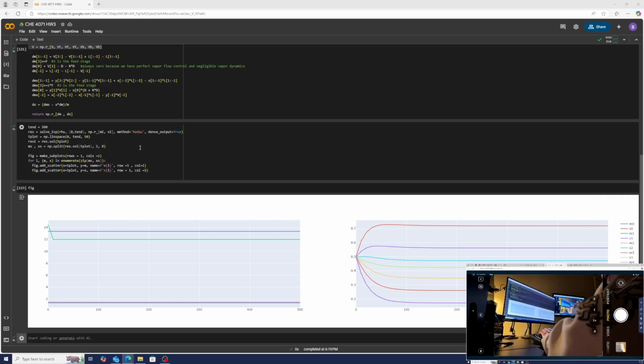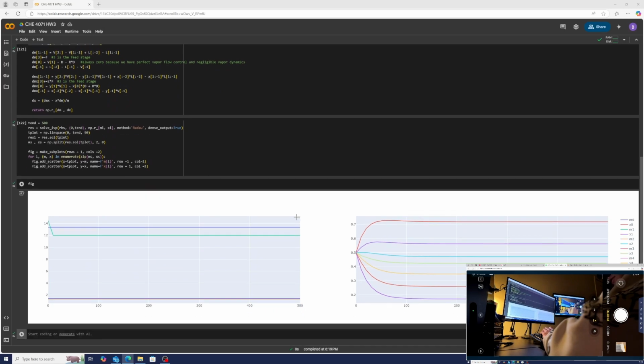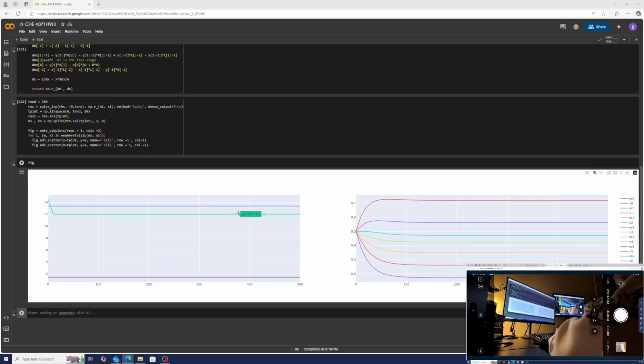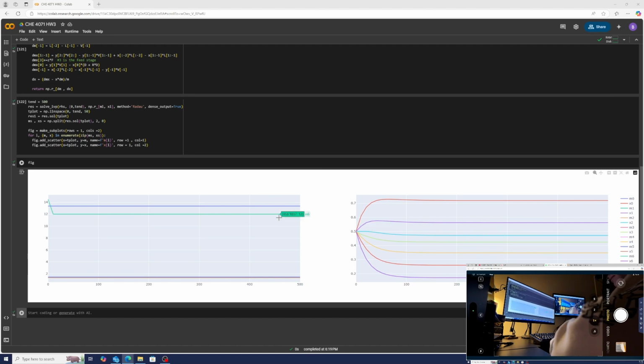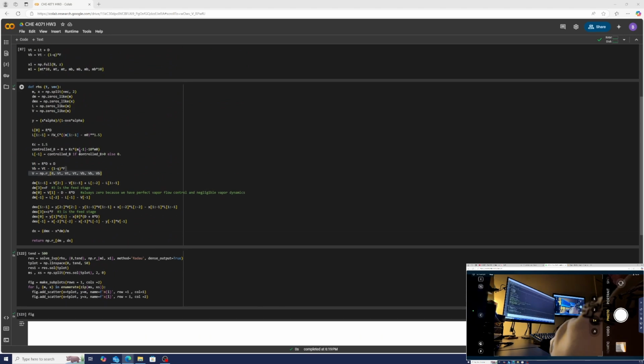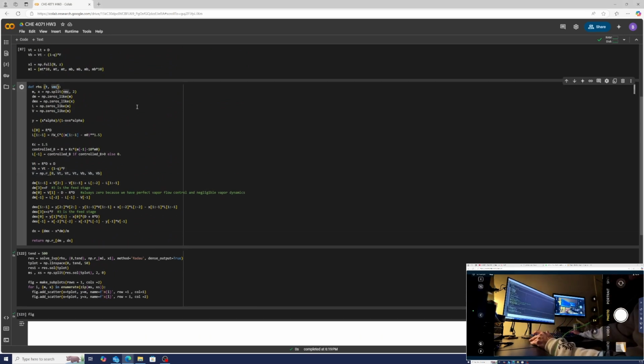For homework 3, part C, we're going to take our initial steady state conditions, which we have reached, and then from there simulate what would happen if we were to change the reflux ratio. So one thing we need to do is change our function in order to take the reflux ratio as an